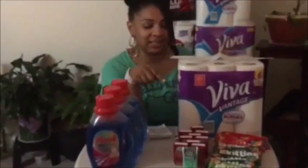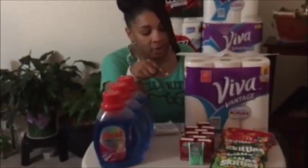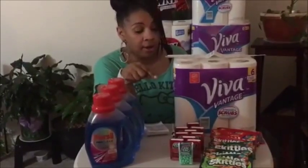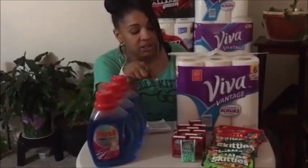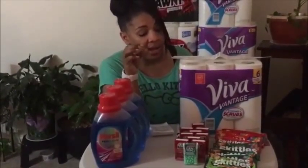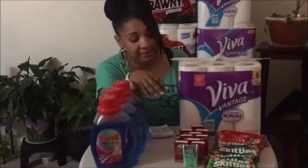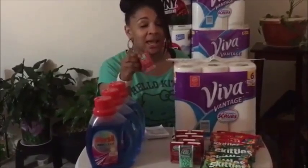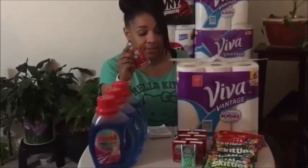I wanted to really get in on the candy. I think on my other haul that I had earlier this week, I showed you guys that I got some candies from the store, but I wanted to get some more because the candies are 69 cents. And I also had coupons for all these candies that I have sitting right here. Remember I told you guys I was in the Sheets, the gas station Sheets, and they had the 50 cents off